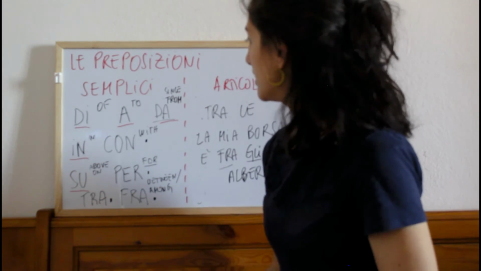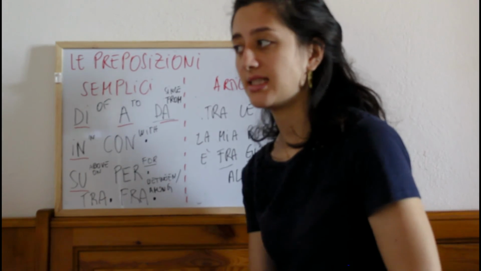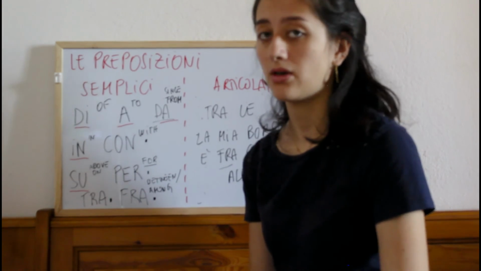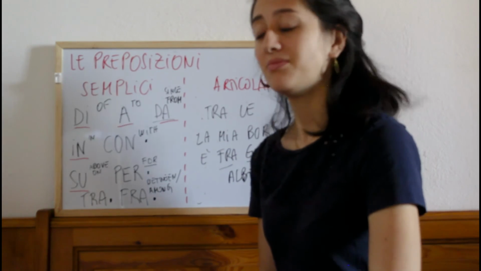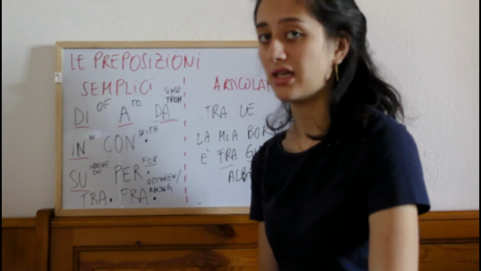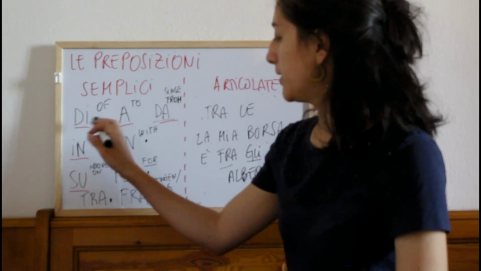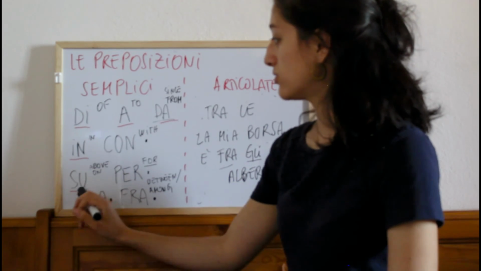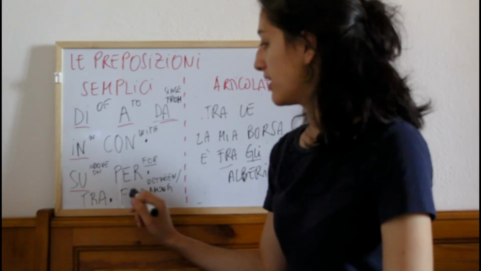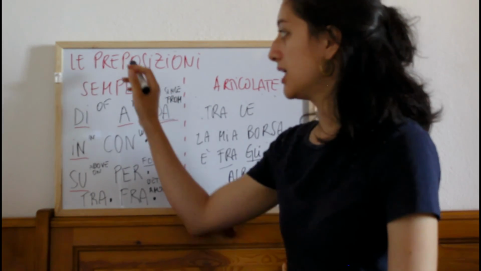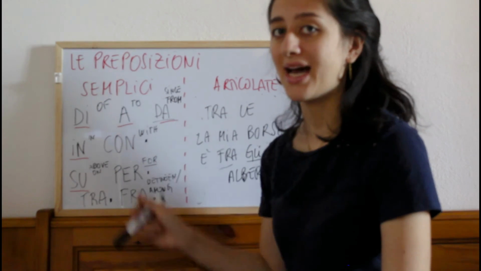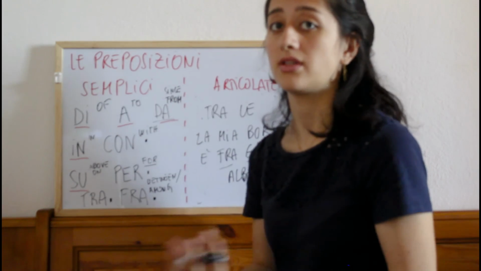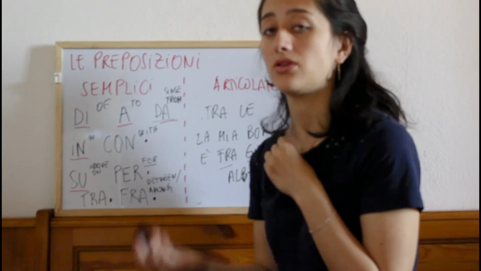So guys, we have arrived at the end of this lesson. You can see that for some aspects, the Italian language could be really complex, but don't worry, because with a bit of patience you can learn it. Just remember all the preposizioni articolate for di, a, da, in and su, and for con, per, tra e fra you have just to use the preposizioni semplici, the simple preposition, plus space, plus the article that you need according to the word that you want to introduce.